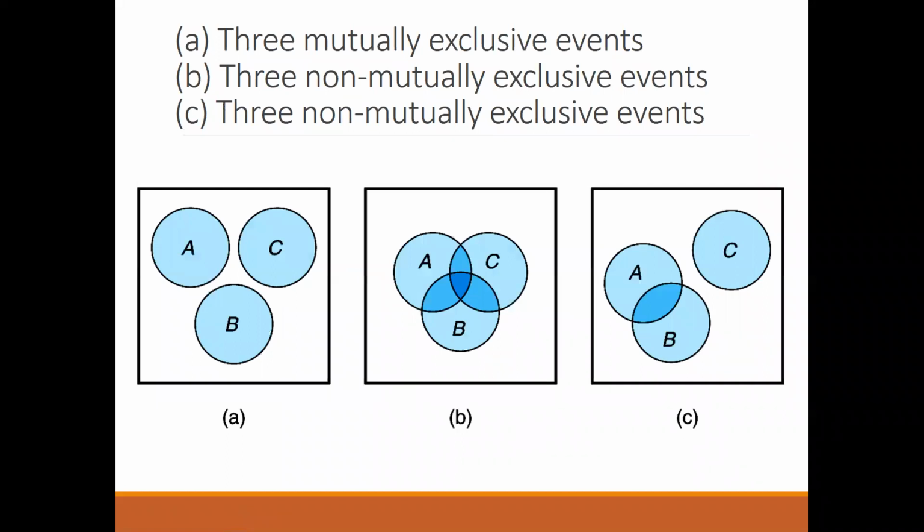And if I have 3 events, then again, the diagram speaks for itself. In the first diagram, all the 3 events are separate, there's nothing in common between them. Now, this is your non-mutually exclusive event because it has something common between all the 3. Whereas in the last diagram, there are 2 events which have something common between them, and the third event has nothing common. But still it is known as non-mutually exclusive events. Okay?